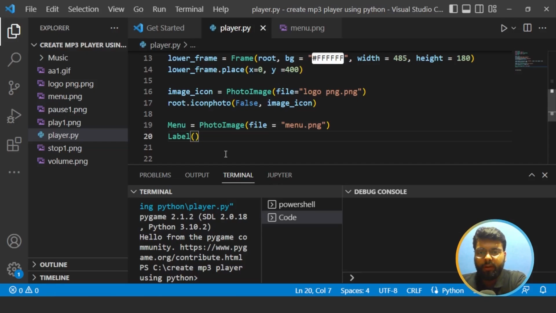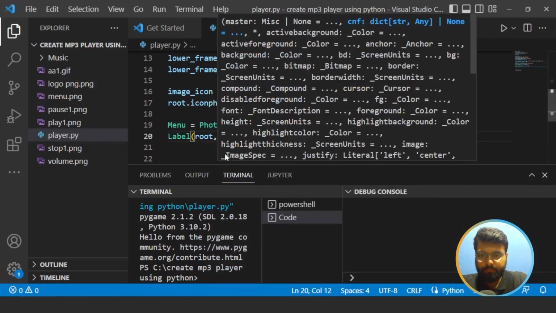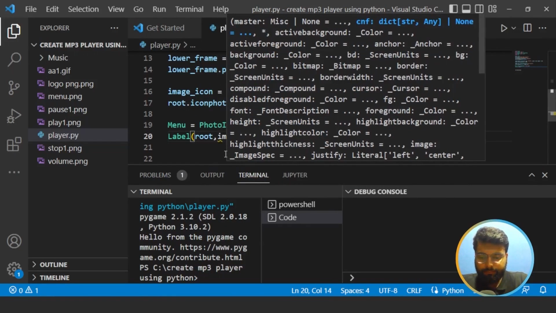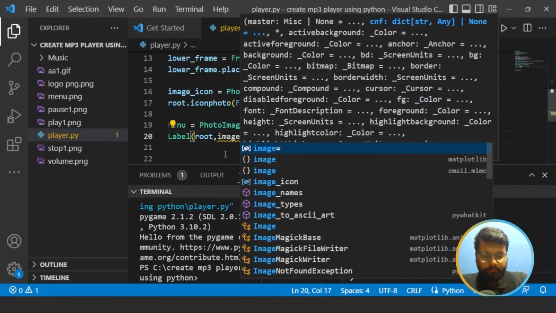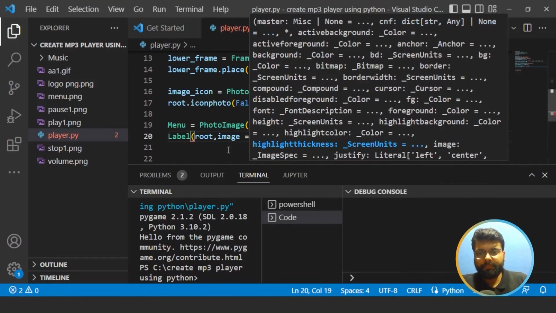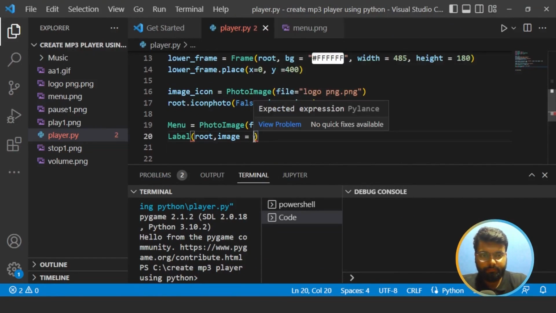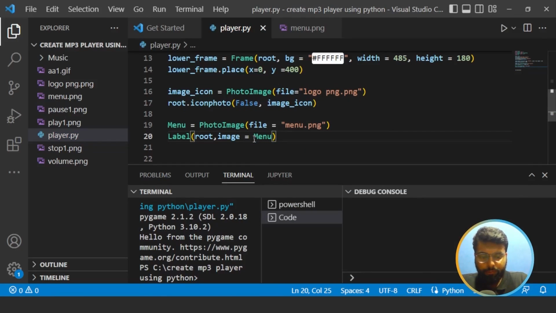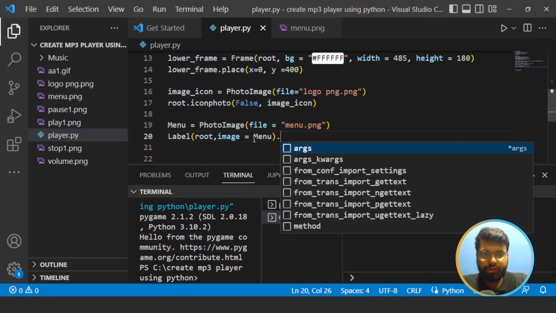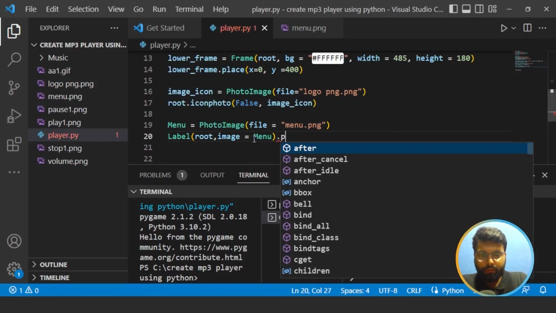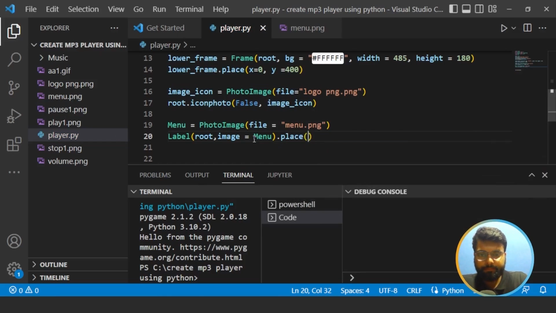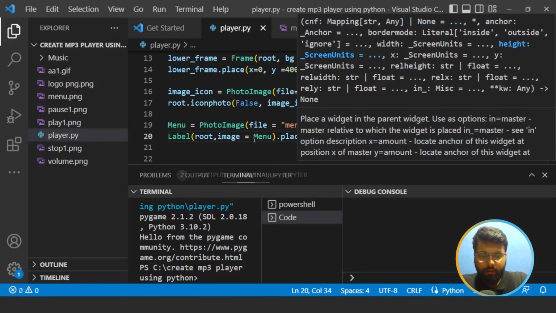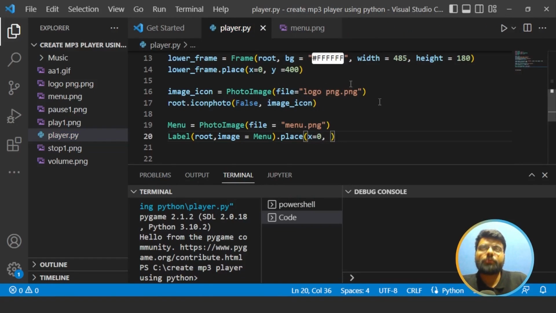To create it, we'll write the command. We start with Label, and inside we will pass root and the image. We will write the variable name here, that is menu. And now we will place it, positioning it in our Tkinter window. For that, write the command place, and inside write x equal to 0, and the dimensions are